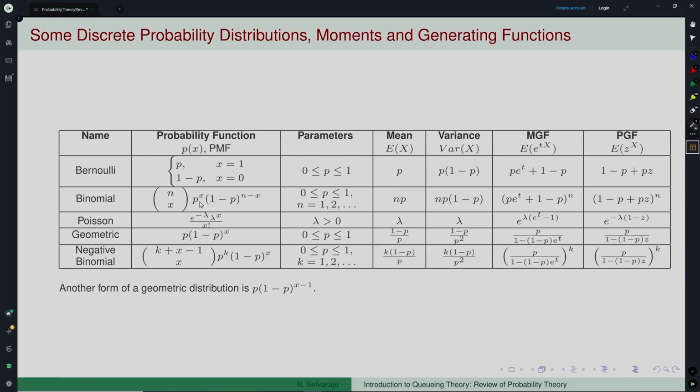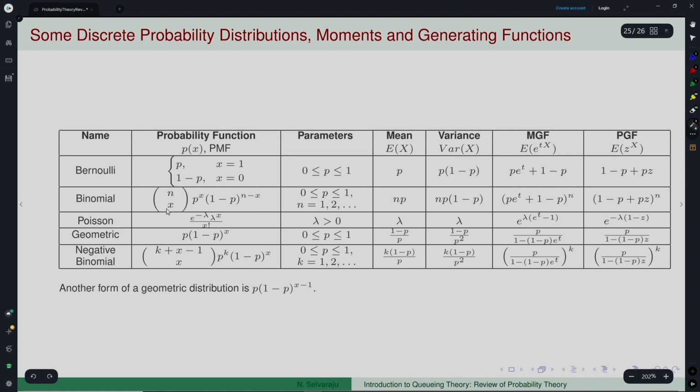And here we have a table which gives us a sort of ready reference for certain probability functions, parameters, and the mean and variance, and their MGF and their PGF. As you know, MGF and PGF are written by this. If I replace e to the power t by z, I am going to get the PGF, which we can talk about only if you have a non-negative integer valued random variable. So, all these random variables have support in this. The support part we did not write here, but that is understood.